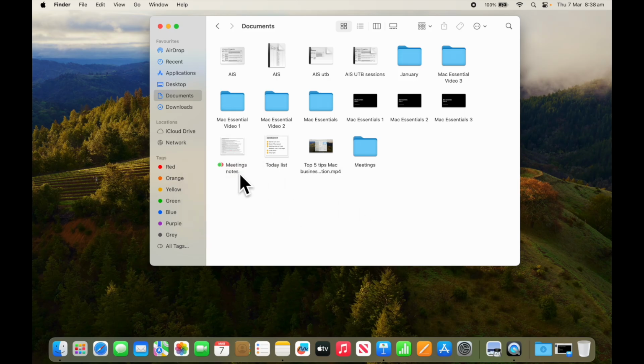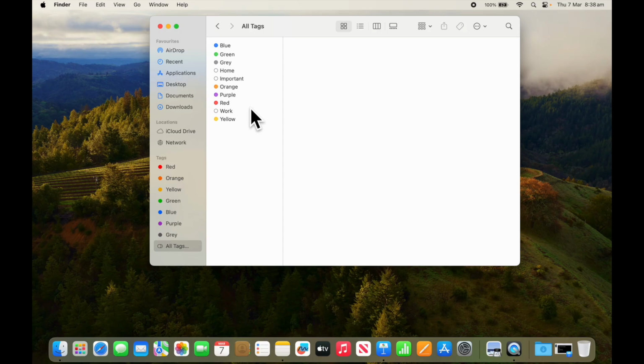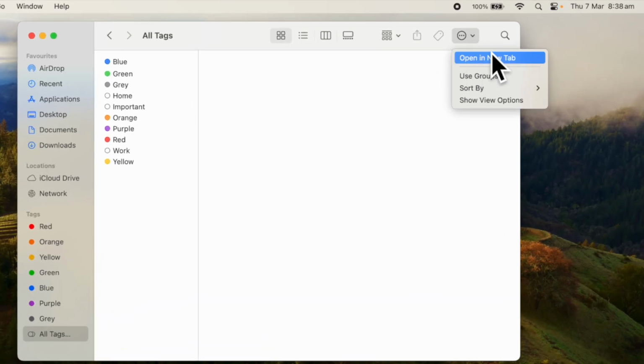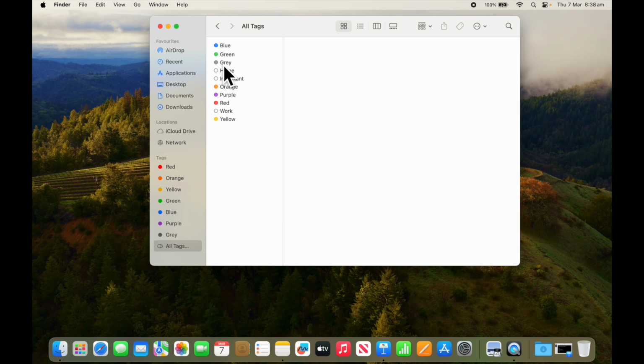When we tag that information, it doesn't make too much sense here because you can see that it's only tagged by the name of the color. But if we go to the tags themselves here, we can actually do some different things to them. So if we go up here, we can open up, we can sort, we can use our different groups, but we can also do some things like creating our own tags. So if I click on the tag area on the side and the down arrow, it shows all of the tags. If we've got our tags here, it's as simple as